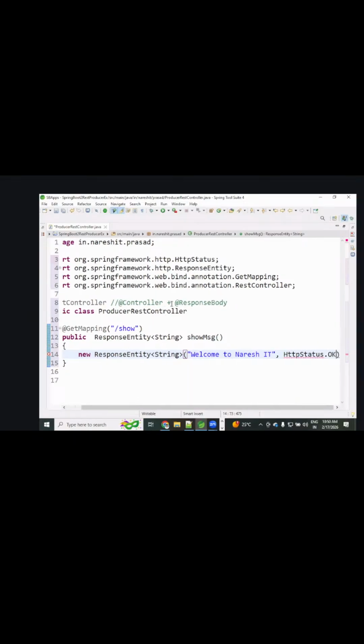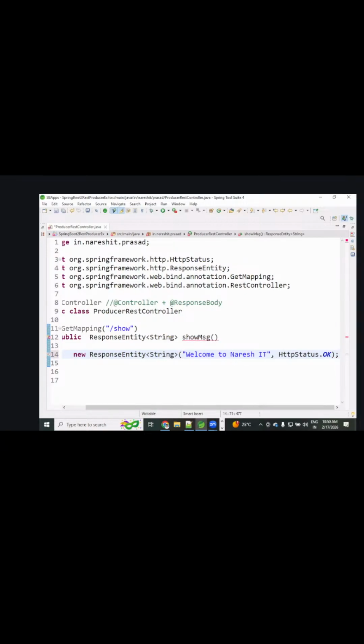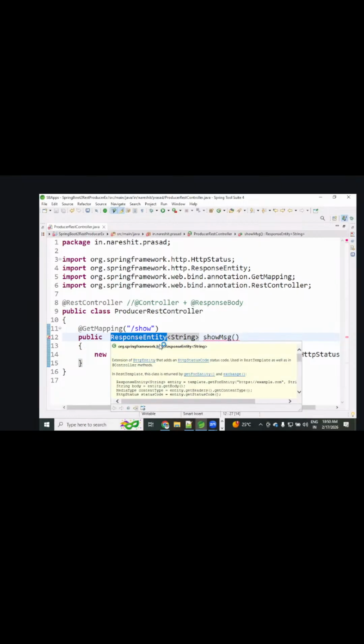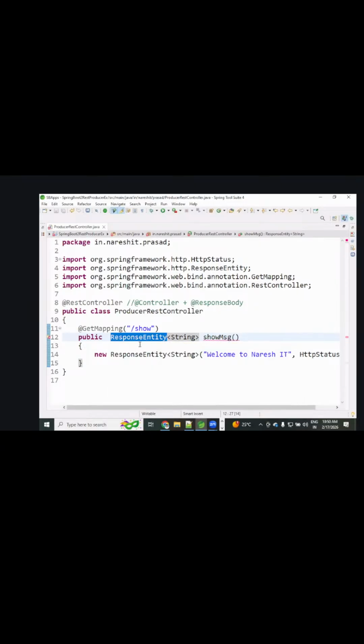Okay. Problem solved? Control Shift O. Okay. Why is it getting public ResponseEntity? That is what I'm using, string type, that message.